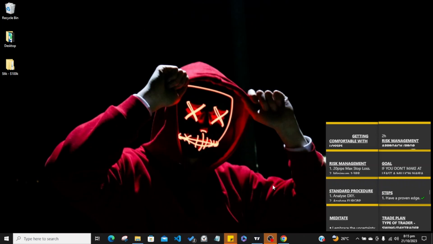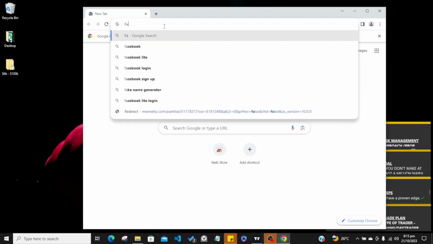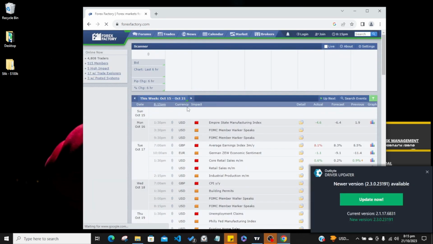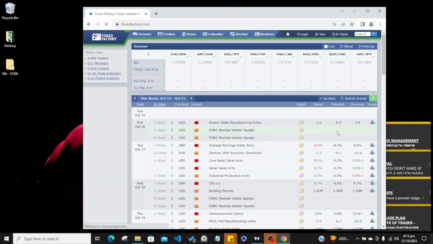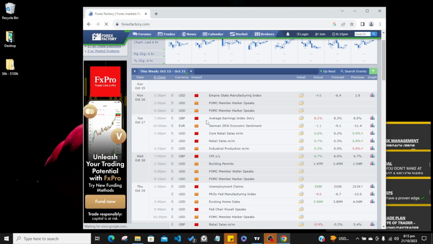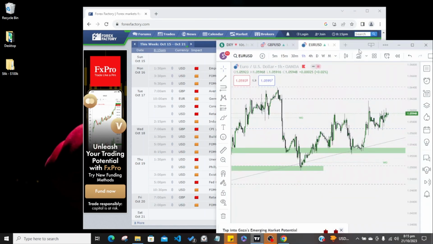But first, before we go to the chart, we can go on our Forex Factory as usual. So we see what news came out this week. Yeah, so this was the news we had this week. On Monday, Tuesday, Wednesday, Thursday, Friday, we all had the red folder news. So now we can go into the chart and try to correlate what happened fundamentally and see what price did technically.